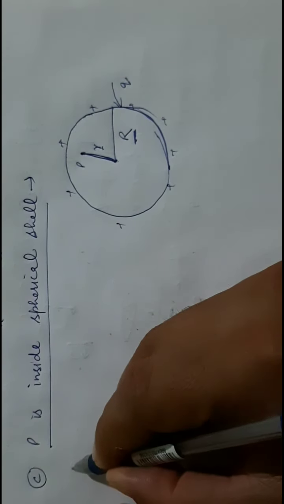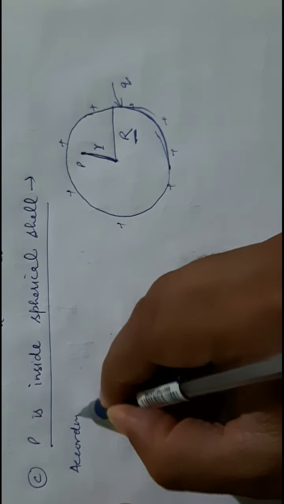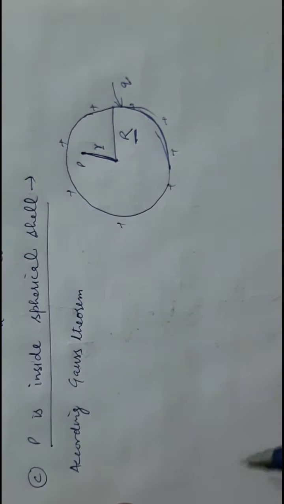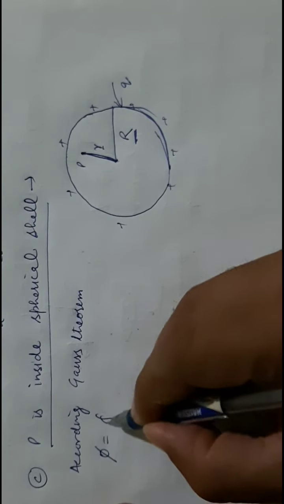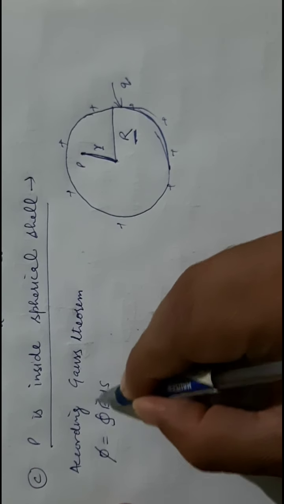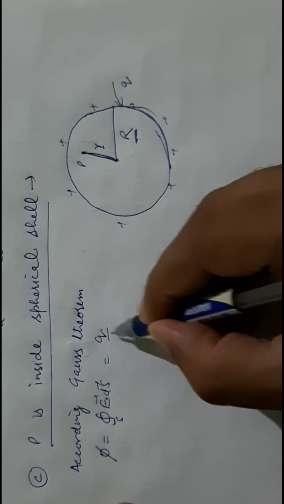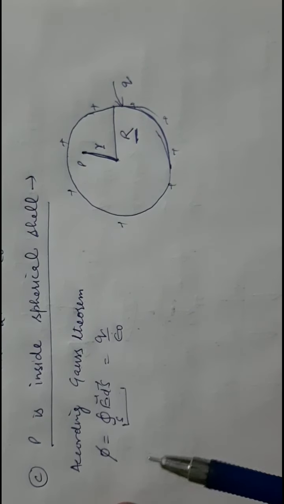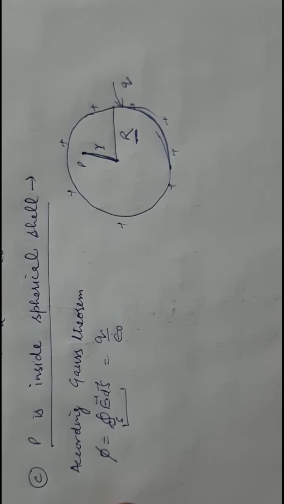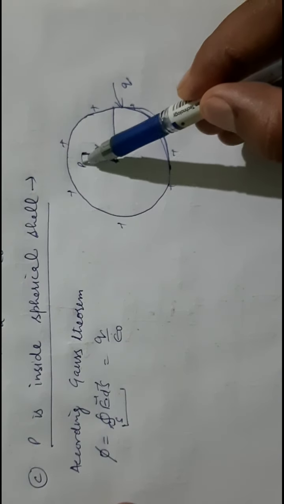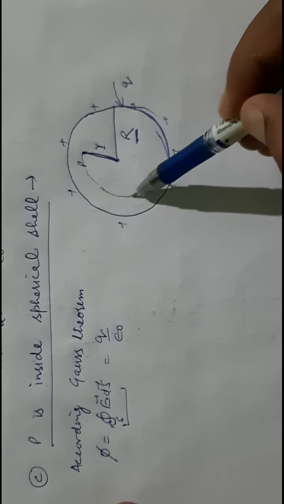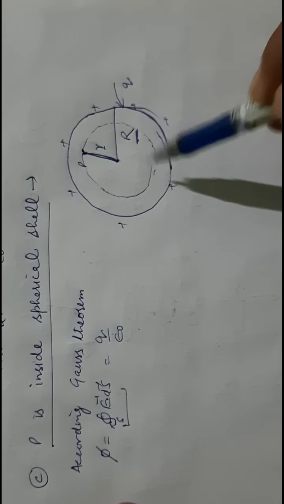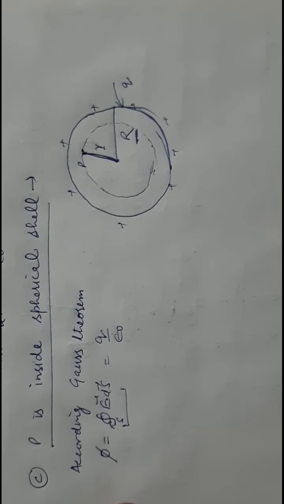According to Gauss theorem, the total flux coming out of a closed Gaussian surface, the closed surface integral of E dot ds, is equal to the total charge enclosed divided by epsilon naught. To apply Gauss theorem, we should choose a closed Gaussian surface. So to draw a symmetrical closed Gaussian surface, I will draw a sphere of radius small r, which is shown by this dotted line.